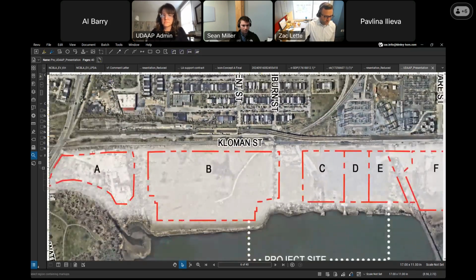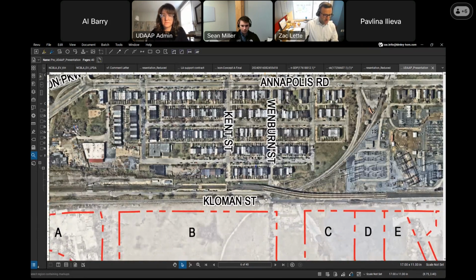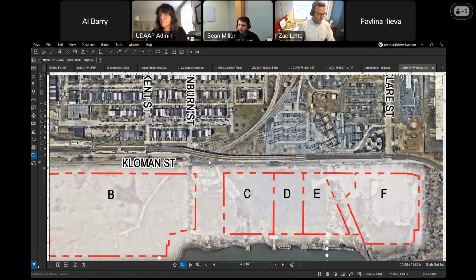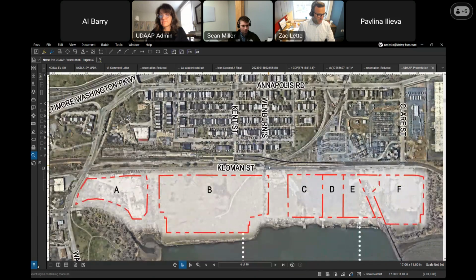So Windburn Street is the connection that goes from Annapolis Road through, and this is currently an at-grade crossing that we'll examine a little further when we get into the presentation and some of the existing site photos. But both of these connections at Clare and at Windburn are at grade. And we have an exhibit further in the presentation that demonstrates this, but you have a lot going on here